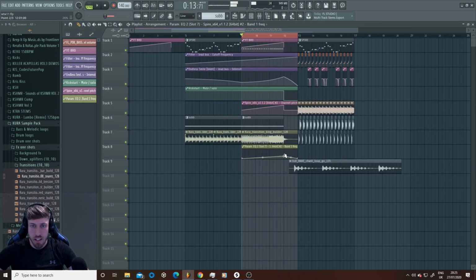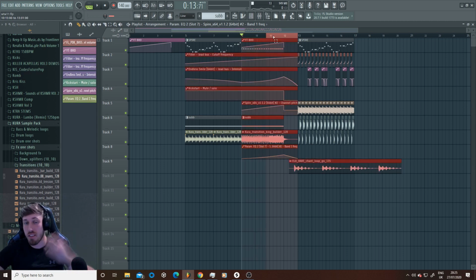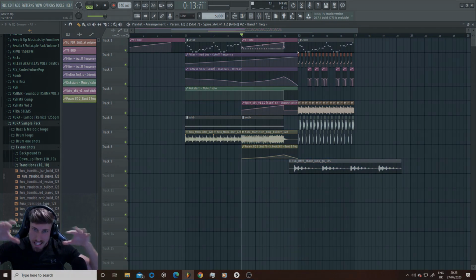We can actually take away even more low end. So basically all this does, it removes low end slightly more and more as it gets towards the pre-drop. I like to take away all the low end and actually a bit of volume and a bit of stereo presence, so that when the drop comes in with all this sick fat low end and crazy stereo imaging, crazy wideness, sorry, that it has even more of an